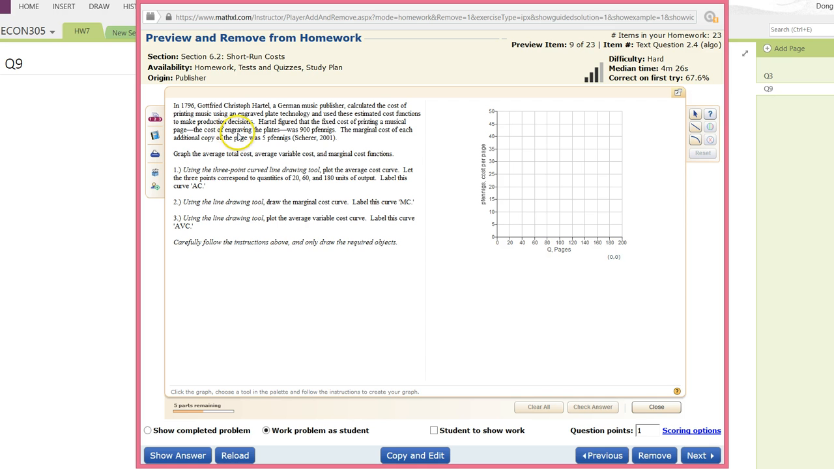So based on this setup, we can see that the fixed cost is 900 pfennigs, and the variable cost per page is 5 pfennigs, and the variable cost doesn't change, and that's also the marginal cost of each copy of the page. And the question asks us to graph the average total cost, average variable cost, and the marginal cost functions. So to graph the average total cost, we first